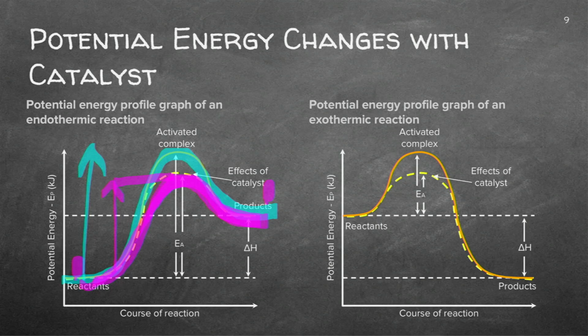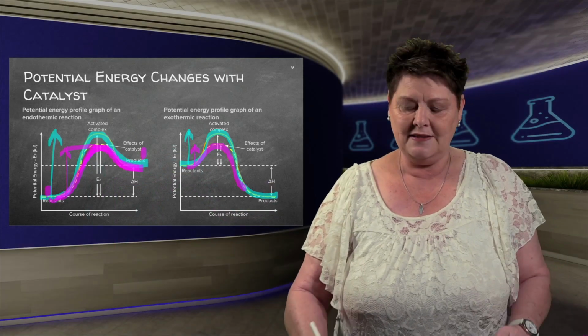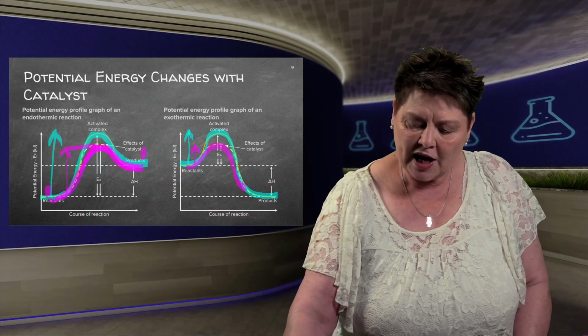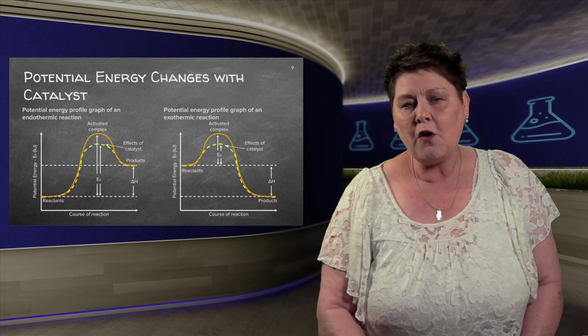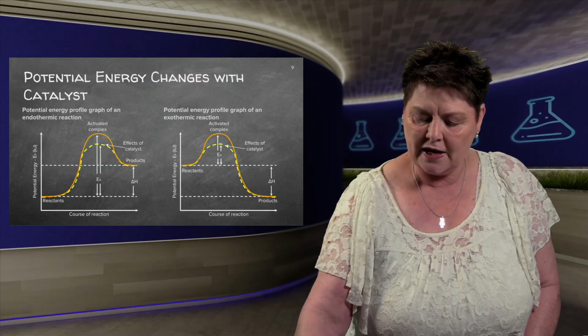Let's have a look at the exo. There's the exothermic reaction. There's the activation energy. What does this catalyst do? It goes there and it's a shorter route, an alternative route. You need to know what the catalyst does. I'm now going to change the forward reaction to explain to you if they ask the reverse reaction.